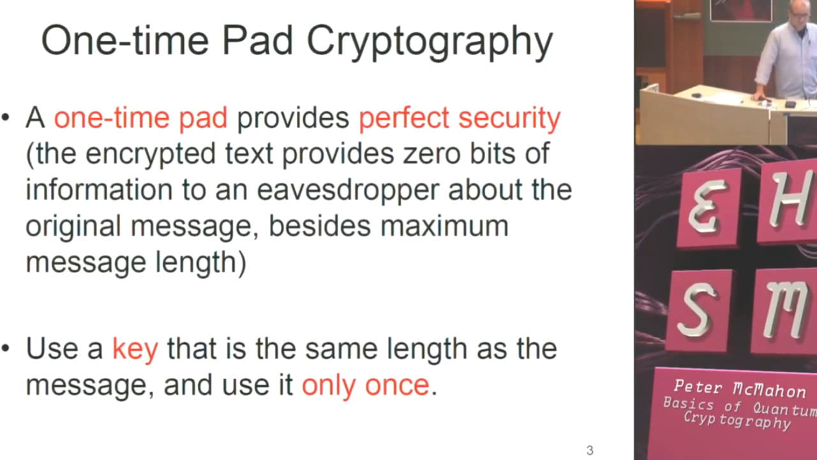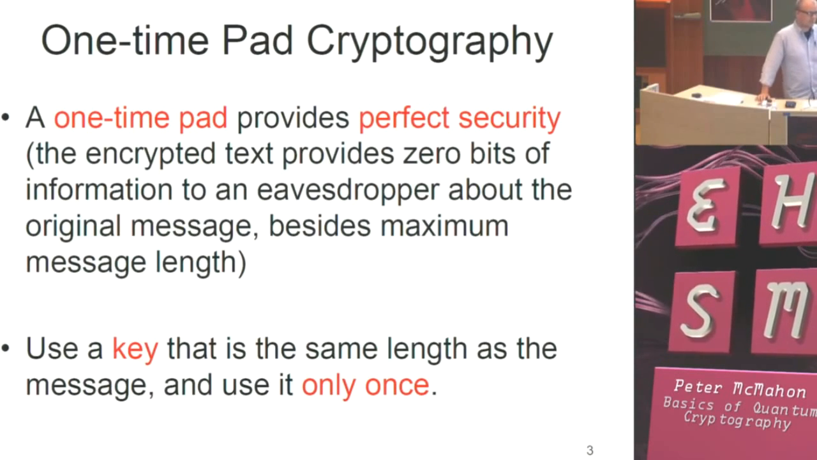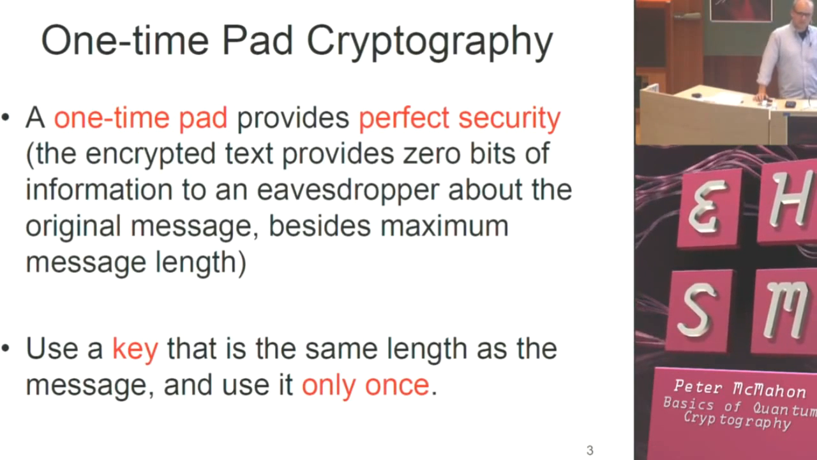So first of all, I'll talk a little bit about some classical cryptography. There's this idea in classical cryptography, I think maybe originating in the late 1800s, that a so-called one-time pad will provide perfect security. What this means is that if you take your encrypted text, if you've encrypted it with a key in a way that I will describe, and you only use that key once, then you in some sense get perfect security, in that the encrypted message provides